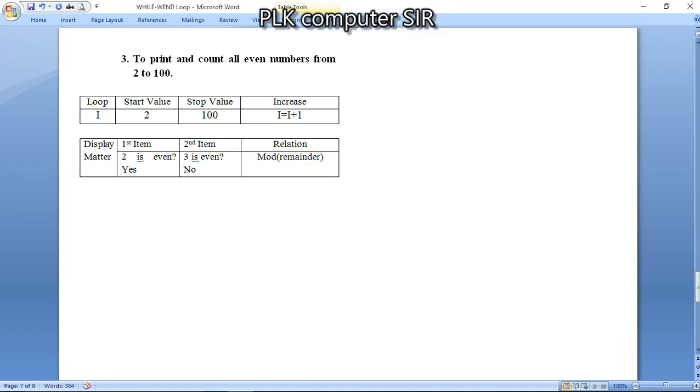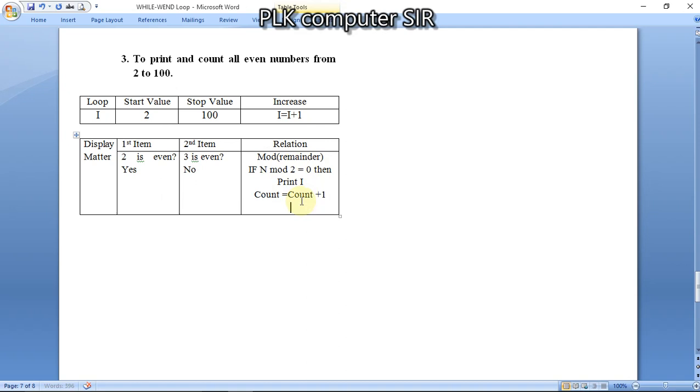If n mod 2 equal to 0, then we will print I, and after printing we have to find the count also. So count will be increased by 1. Then we have to close the if condition also.